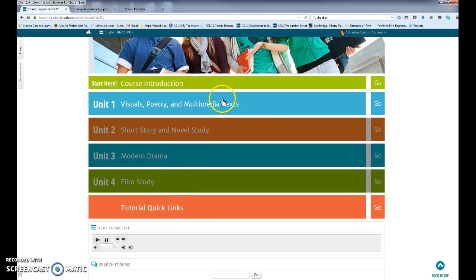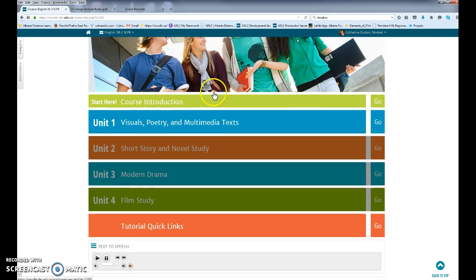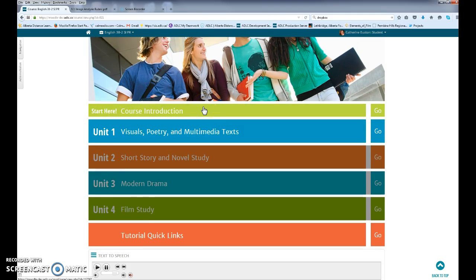So you have 4 units in the course. You'll notice that you can only click on Unit 1 and the course introduction right now. And that's because there are restrictions on the course. Until you submit all assignments, quizzes, and self-checks for Unit 1, you won't be able to move forward. And so that's a good way to know if you've done everything you need to do, if Unit 2 becomes available to you. So when it's time to begin the course, you can either click on this green bar to